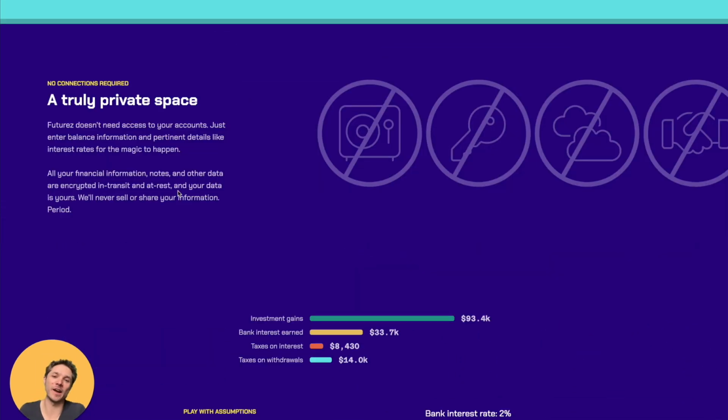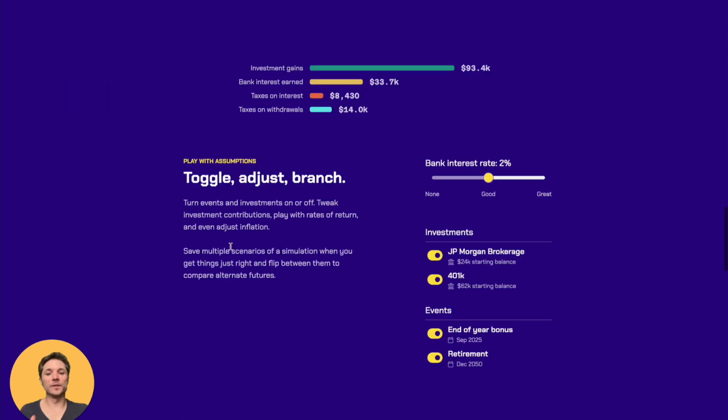I really want to highlight the fact that this is financial information, but I'm not asking you to connect any of your accounts. I feel like that's pretty important. I don't want people to think, oh great, now I've got to give some random app access to my bank, and that's not how this works. This is showing the various ways you can adjust your simulation. I really want to show you that everything you do has a fast reaction time in the app, and it's going to make it easy to play with your life and find new directions.